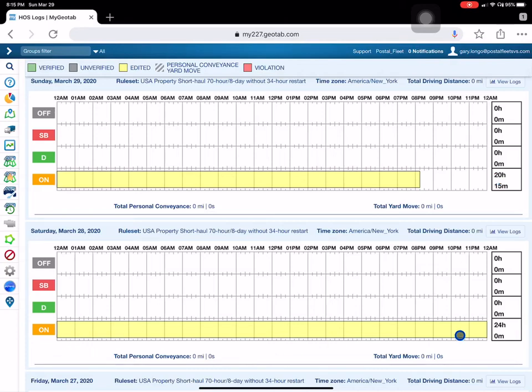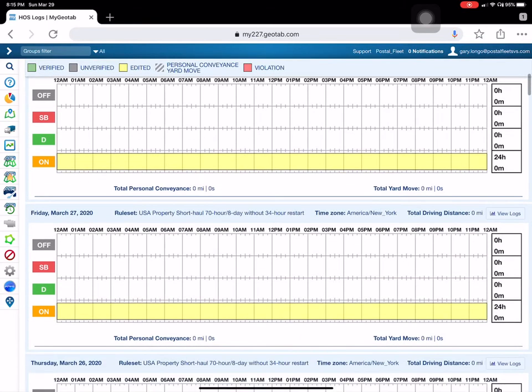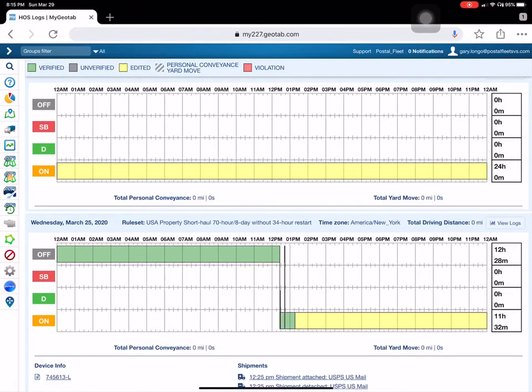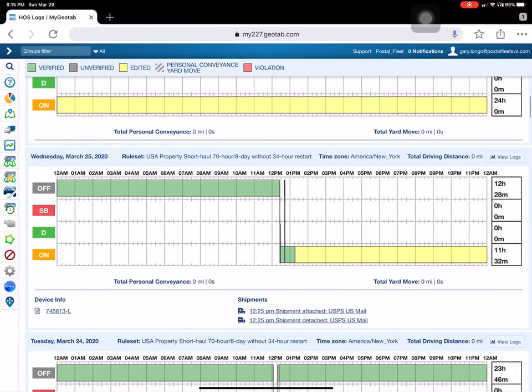all of yesterday, and basically you just scroll down until you find out when the problem started. So over here you can see that Wednesday, March 25th, when they worked, they stayed on duty instead of logging out. So this is showing you the graph, but in order for you to fix it, you have to hit